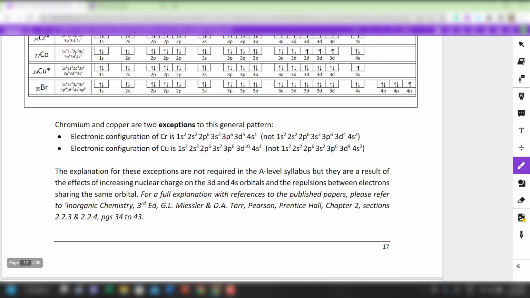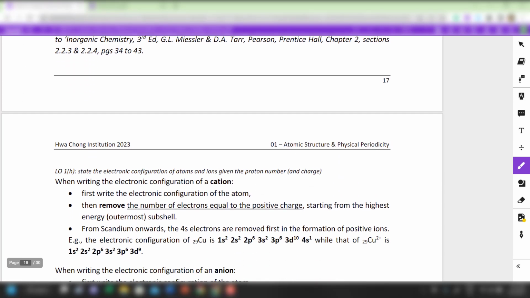Same as copper. For copper, the preferred electronic configuration is 3d10 4s1 instead of 3d9 4s2. So these are the two exceptions which you need to know at the H2 level, right? Okay, then